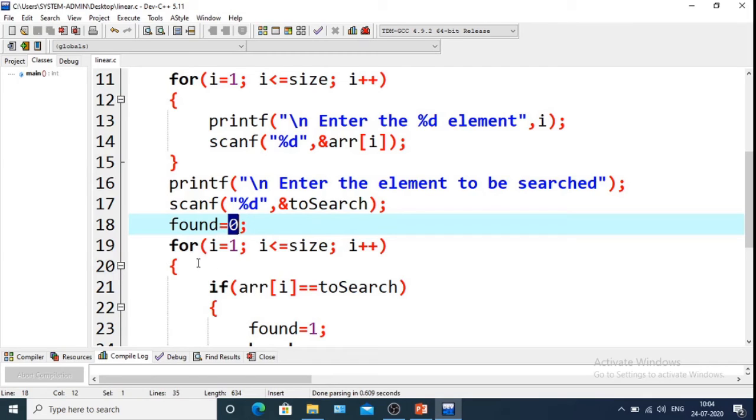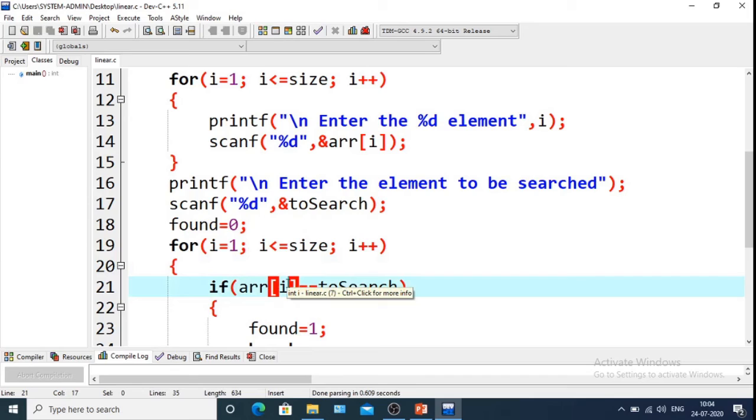So there is a for loop. The value of I is 1, so we first check whether arr[1] is the searching element or not. If it is, then the value of found will be 1, and after that there is a break statement.